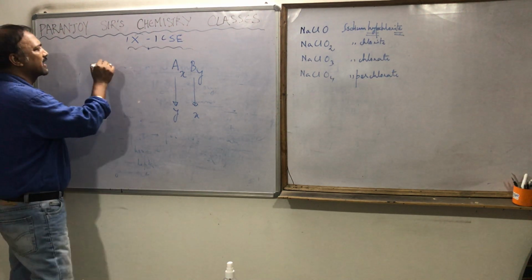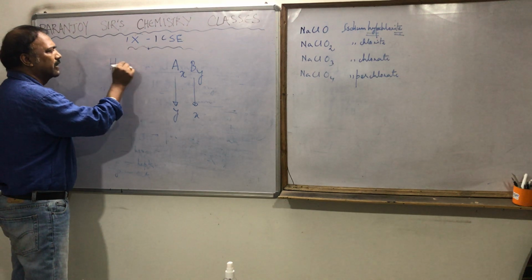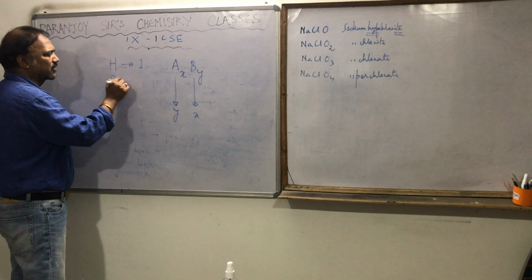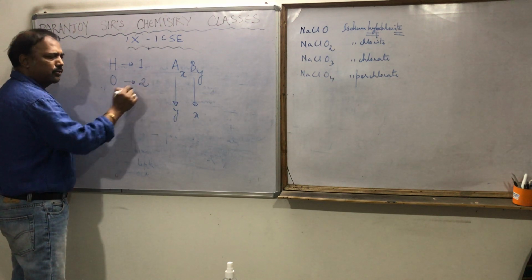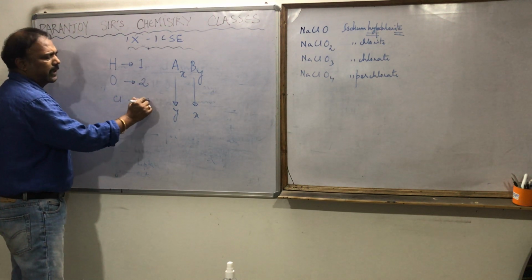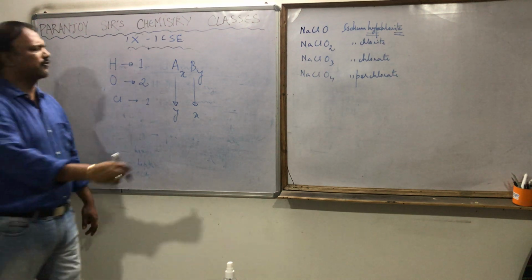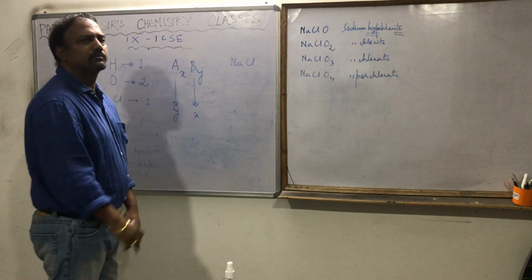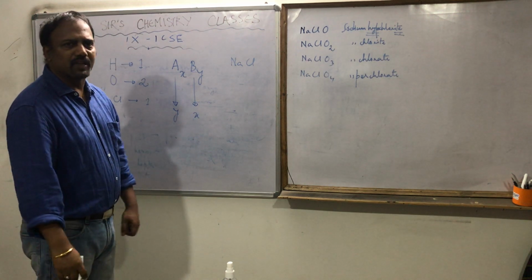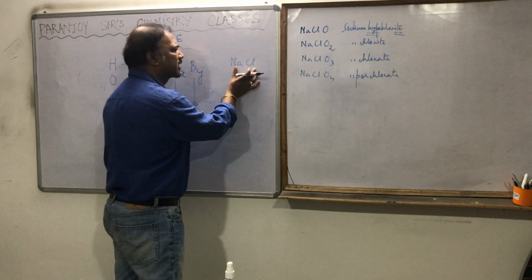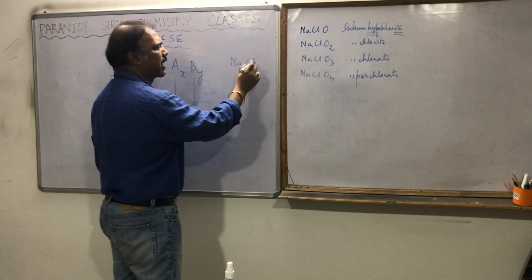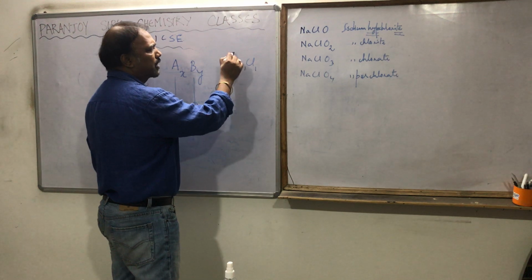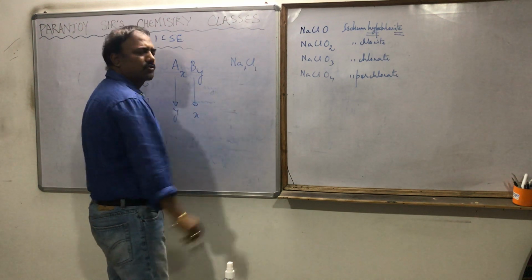Generally, the standard valencies that are taken are hydrogen as 1, oxygen as 2, and chlorine as 1. By seeing this we can say, suppose for example if I ask you sodium chloride, what is the valency of sodium? You don't have to know the valency of sodium. You know that the formula is NaCl, means Na1Cl1. Cl's valency is 1, so we had written it 1. So what should be the valency of Na? Na will also be 1.